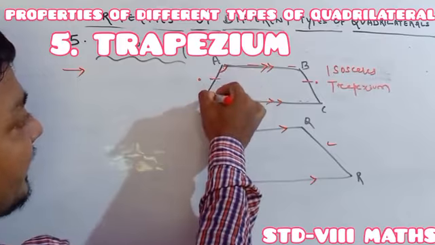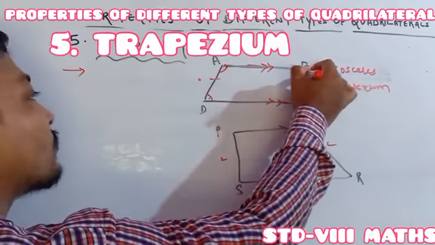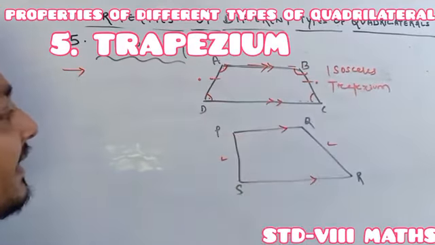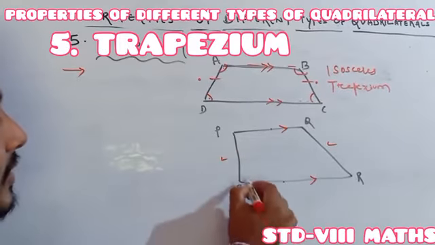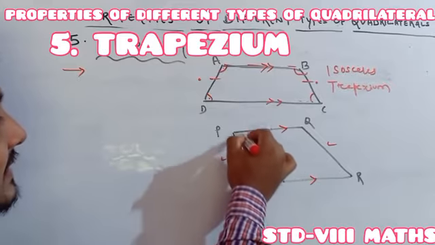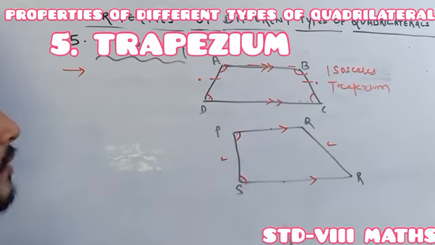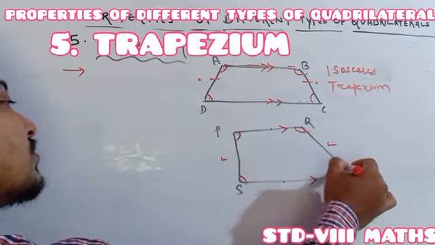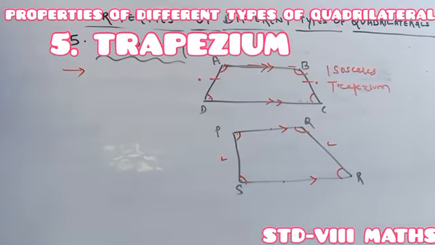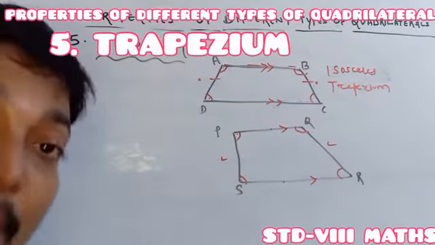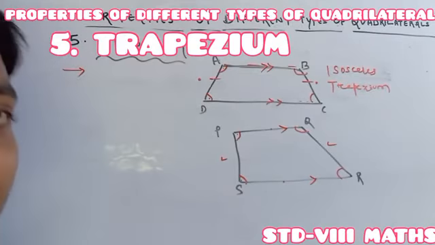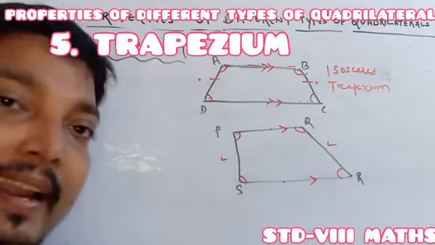Its sum of the interior angles is 180 degrees, also the sum of this interior angle is 180 degrees. In the same way in the trapezium, this one is parallel, this one is parallel. So here are the non-parallel sides, and this angle sum is equal to 180 degrees. Also this angle sum is our 180 degrees. Otherwise, the sum of the interior angles on both the sides of the non-parallel sides is our 180 degrees. So the first point you should write is that the trapezium is a quadrilateral.